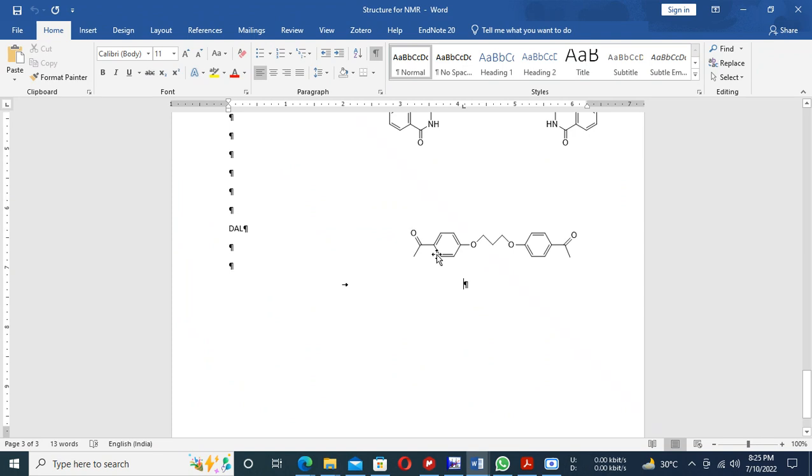DAL is a dialdehyde having a propane linker between two hydroxyphenyl aldehydic moieties. Would it be hydroxyphenyl aldehydic? No, between two benzaldehyde moieties. Anyways,